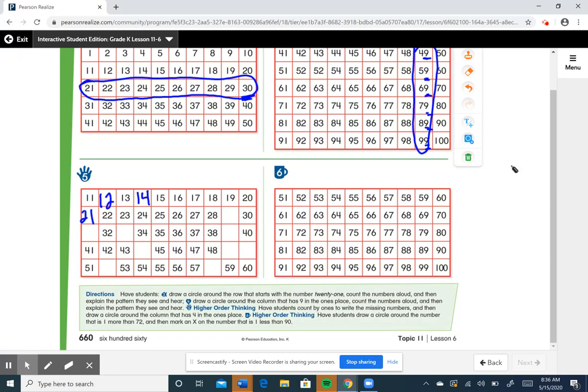22, 23, 24, 25, 26, 27, 28, 29. Notice the 9s in this column. 30. What comes after 30? 31. Look at all the ones. 32, 33, 34, 35, 36, 37, 38, 39, 40, 41, 42, 43,